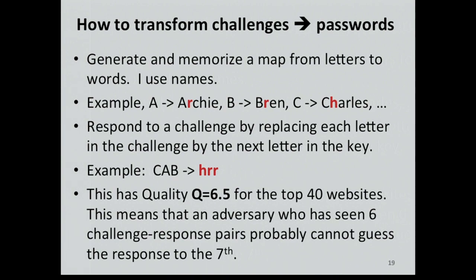So you actually computed this? I didn't compute it. Well, you could compute it. I just sampled it. You take the first 40 websites. You try ordering it in all possible ways. On the average, for the top 40. But for any dictionary, just take a sample. I didn't tell you the game that I used to determine the Q. But basically, what I'm promising you is don't give away more than 6 passwords, but you're okay until then.